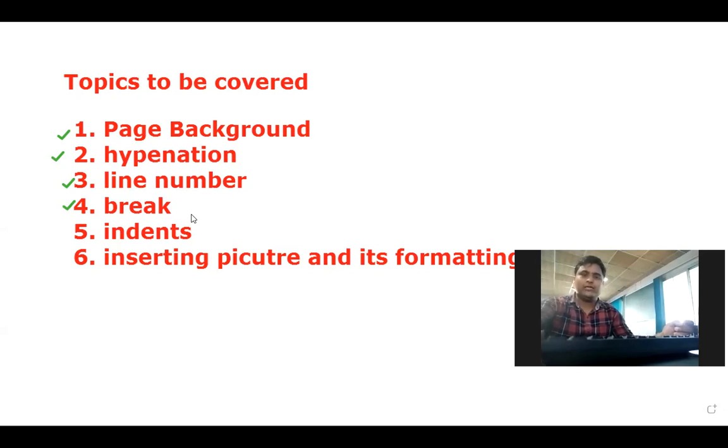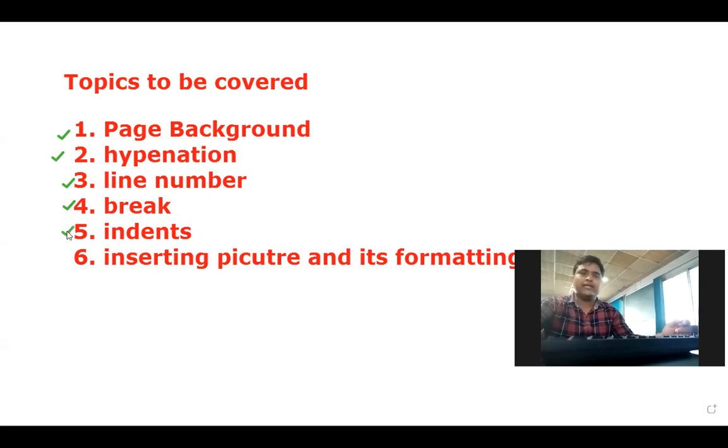We know that in MS Word, whatever pages you create are automatically generated after the boundary of the margin spaces of the page. But whenever you need to create your own page break, then you go for the page layout option and use the break option. It will enable the page breaking feature of the paragraph or the document wherever you want.